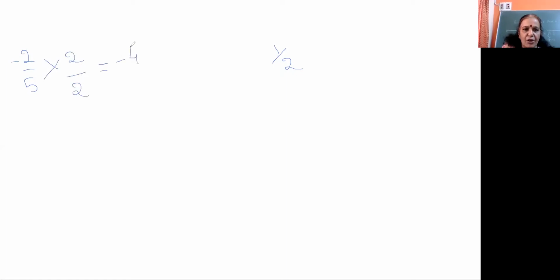Therefore, here you get minus 4 by 10. And here, if you multiply both numerator and denominator by 5, you will get 5 by 10. And then if you write the rational numbers which come in between minus 4 and 5: minus 3, minus 2, minus 1, 0, 1, 2, 3, 4. You can write only 8 rational numbers. But if you want to write 10,